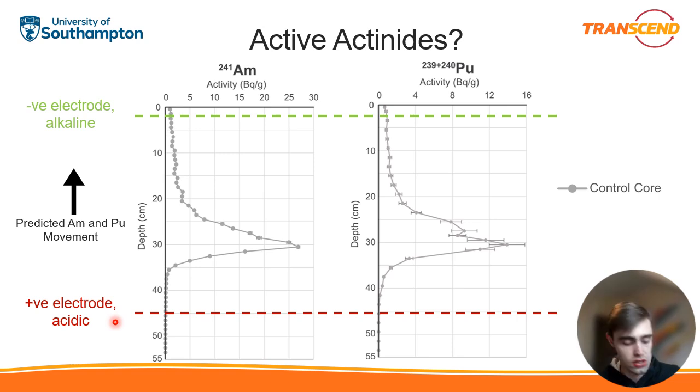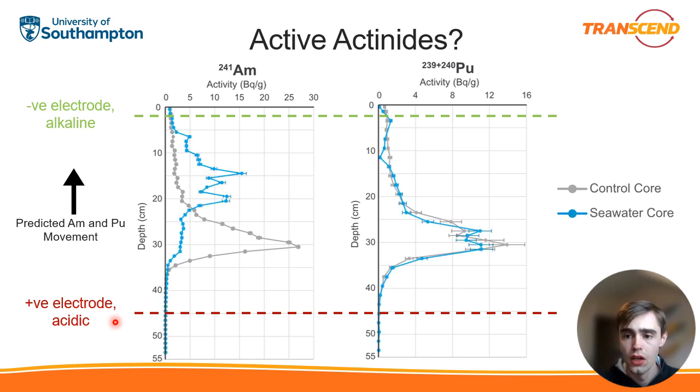There's then also the citrate as well. Any citrate complexes would probably end up being negative in the case of the citric acid core. We weren't too sure, but certainly the seawater core probably moves up towards the top of the core, and the citric acid probably down. So in the case of the seawater core, with the americium, first of all, you can see a